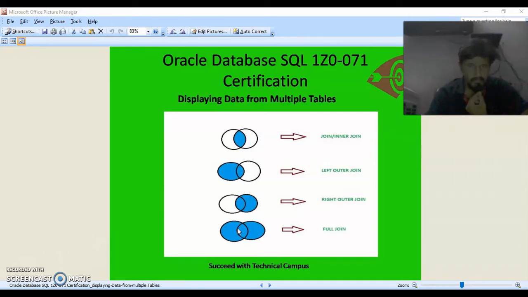So friends, let us see how we can implement these practically. In the next session I am going to tell you how these four joins can be implemented based on two tables, employee and department. So let's proceed further.